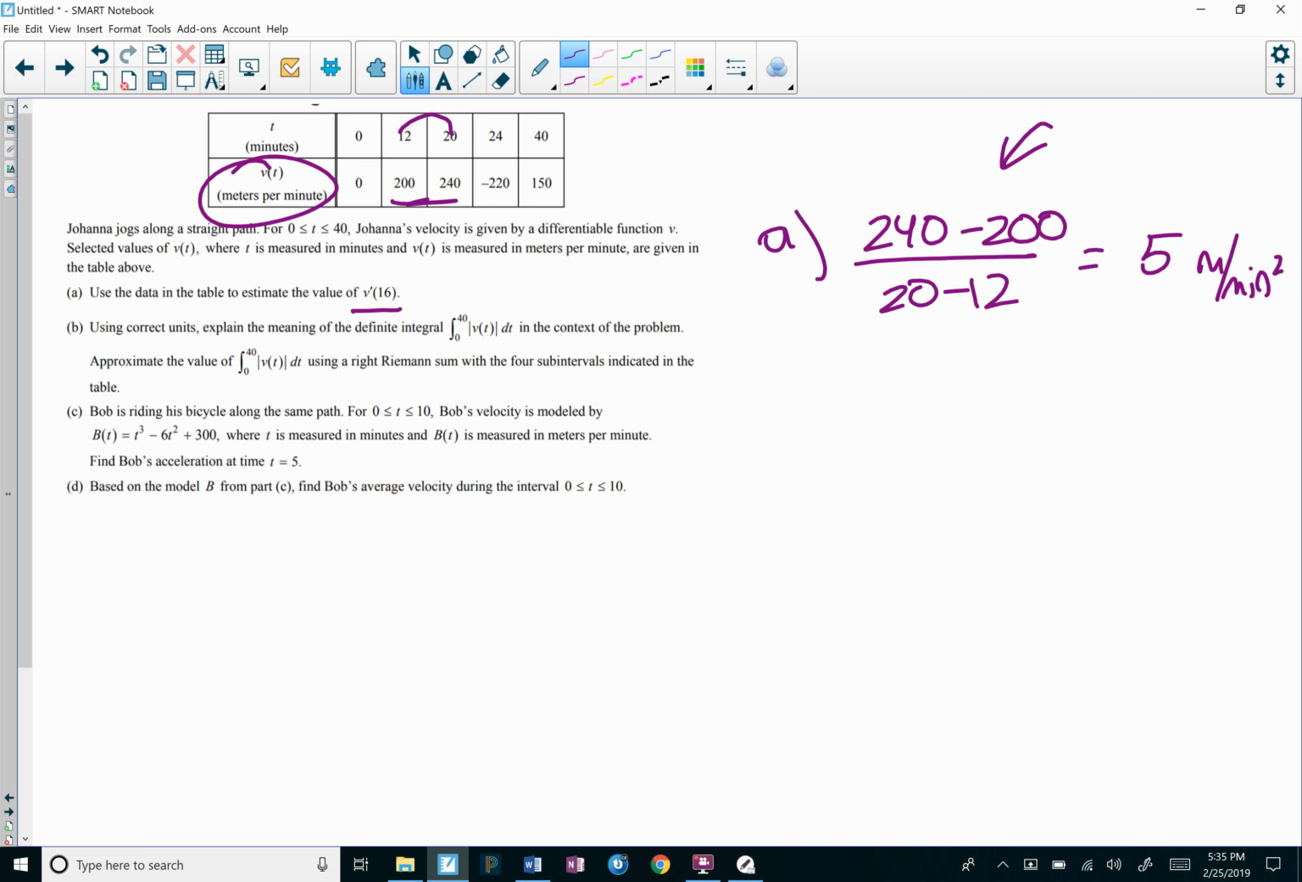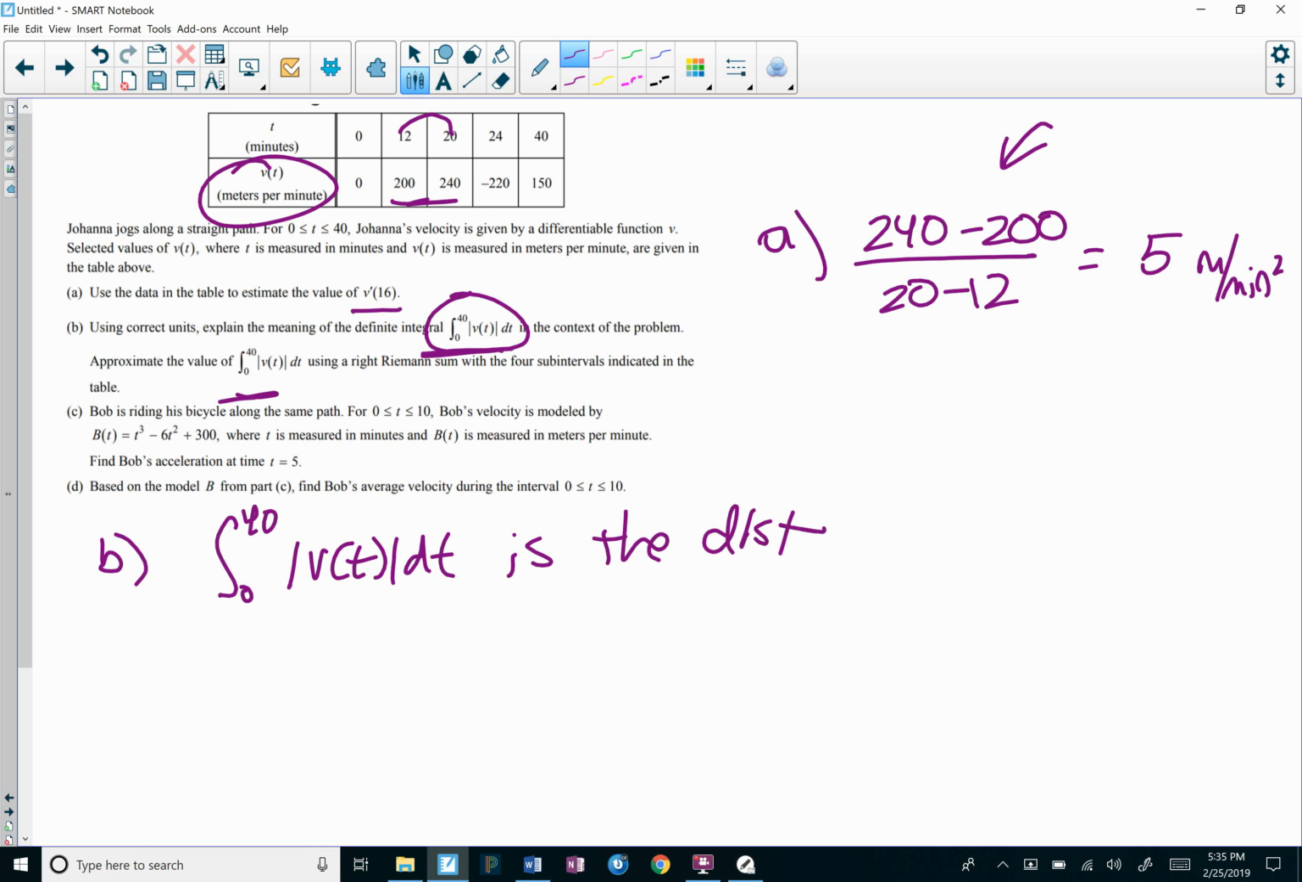Okay, part B. Using correct units, explain the meaning of this integral in the context of the problem, and then approximate that integral using a right Riemann sum with 4 subintervals. Okay, that is straight off our Cintiq card, but the problem is you need units, units, units. Okay, so part B, the integral, my pen's not quite working, of 0 to 40, bear with me, absolute value of V of t dt is the distance